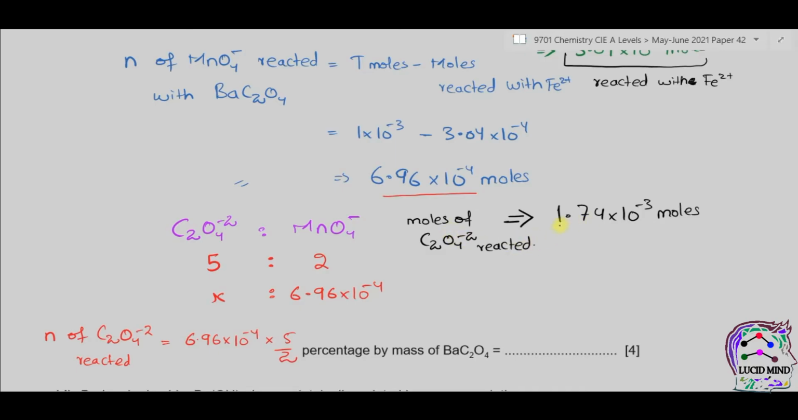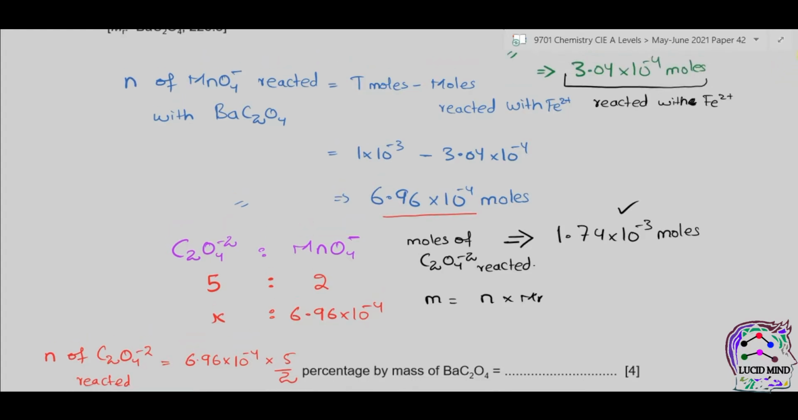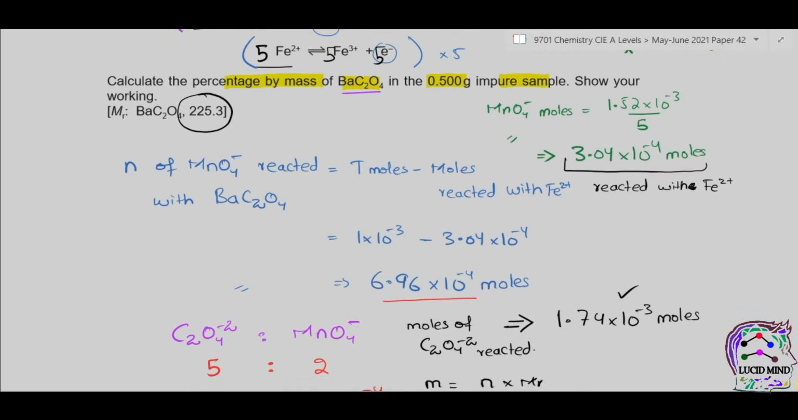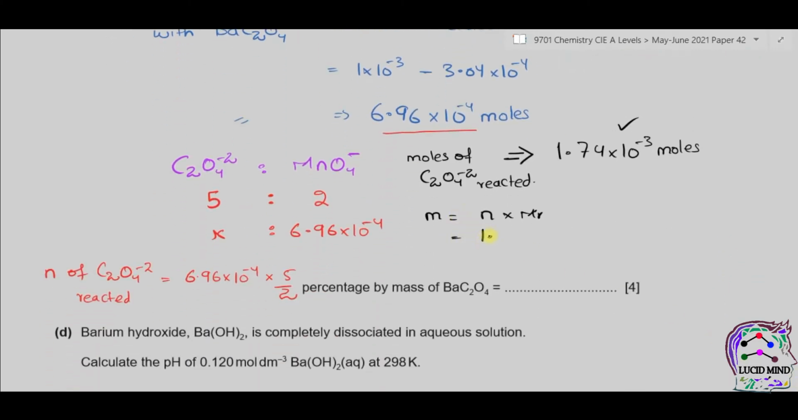Now we can find the mass from these moles. So as mass is equal to moles into molecular mass, we already have the moles. We can find the molecular mass. It is given in question. It is 225.3. 1.74 exponential minus 3 into 225.3. It comes equal to 0.392 grams. Now this is the mass of BaC2O4